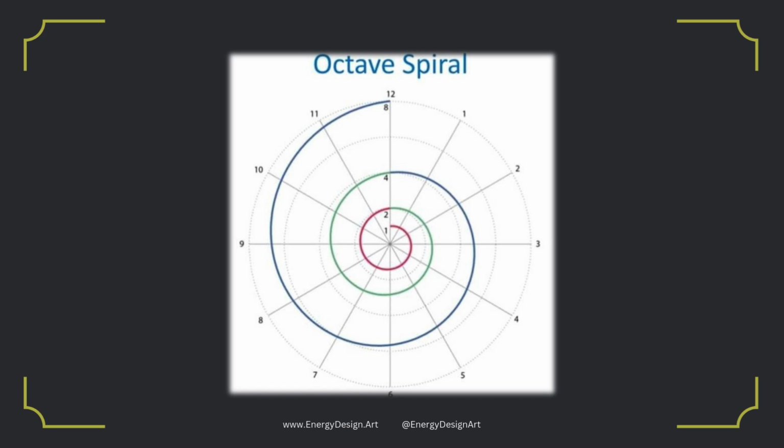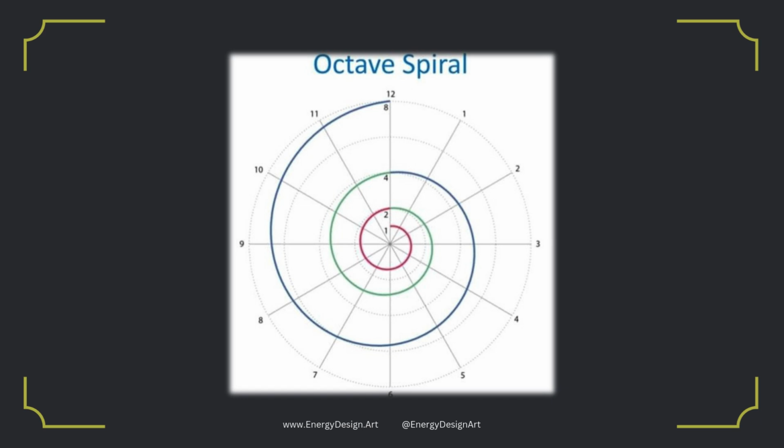We draw all those different rays like on a clock. It's a simple one, make it like a clock, so 30 degrees between each other. And our sequence numbers will be on that first main ray, which is pointing to the number 12. So you can see on this octave spiral, which is the same as the crystal spiral, 1, 2, 4, 8.